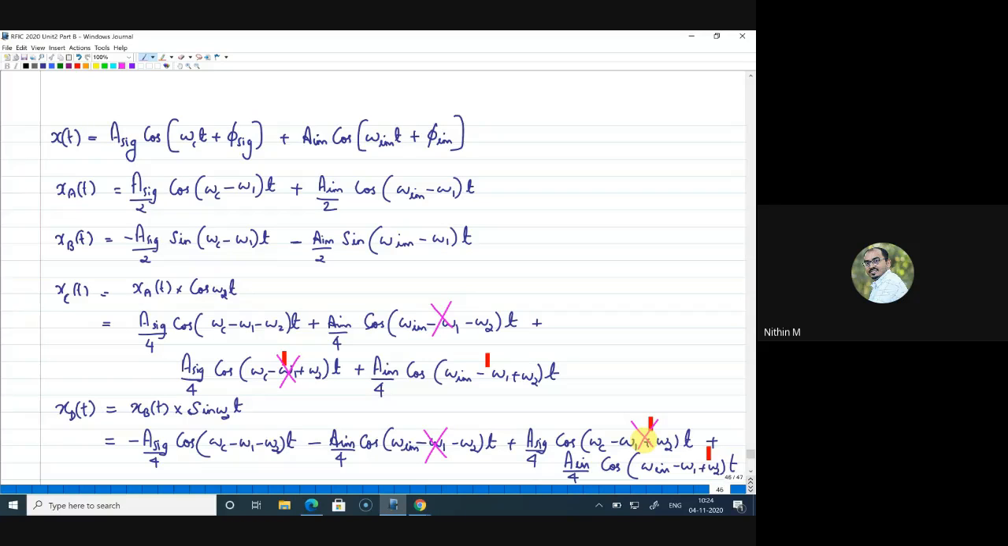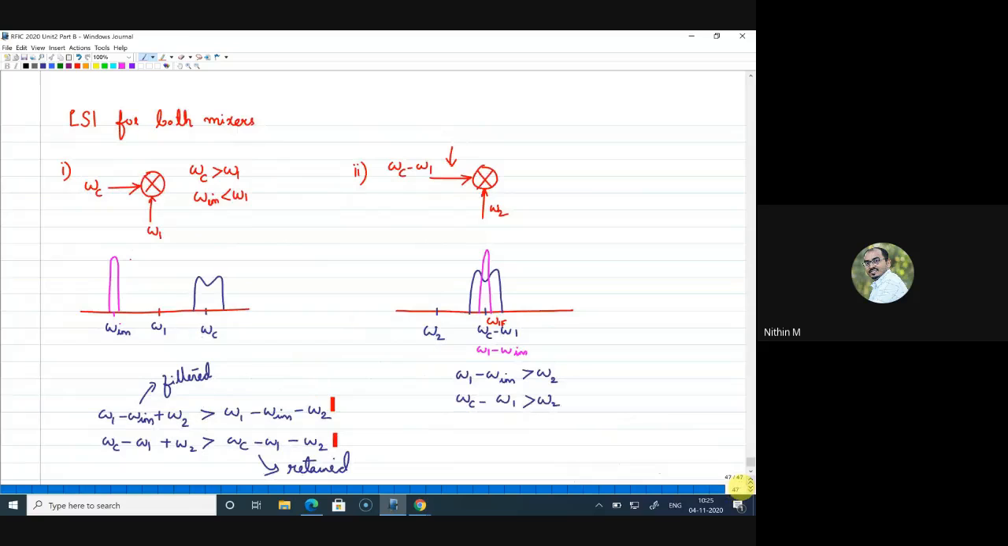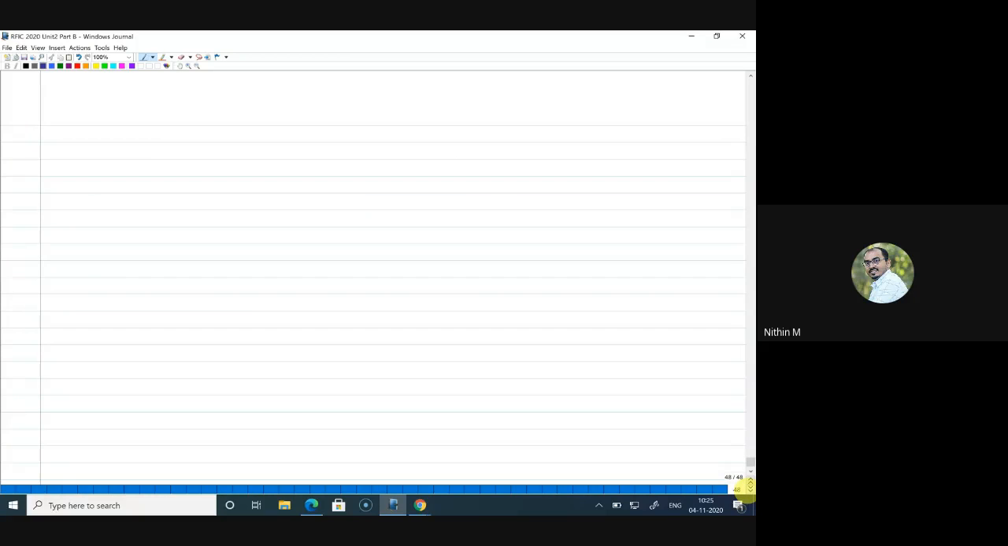I hope this is clear. A simple analysis I have done by looking at the frequency components coming to both the mixers. I have just analyzed the components which will be retained and the components which will be eliminated or filtered. So this will be retained and this will be filtered. So if that is the case, I can directly write